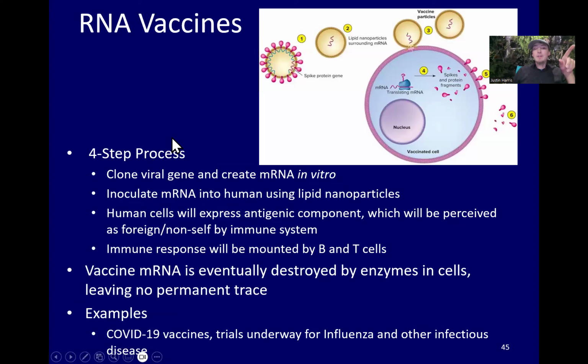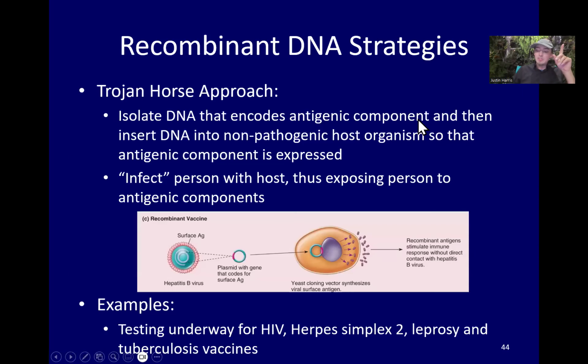Now, RNA is even more unstable, and so it's going to be degraded much faster. But it also doesn't have to go through so many machineries. Something about DNA is you have to get it into the nucleus, because you have to go through that central dogma of DNA to RNA to protein. And so for DNA to go from DNA to RNA, it has to go into the nucleus and be transcribed by RNA polymerase, and then